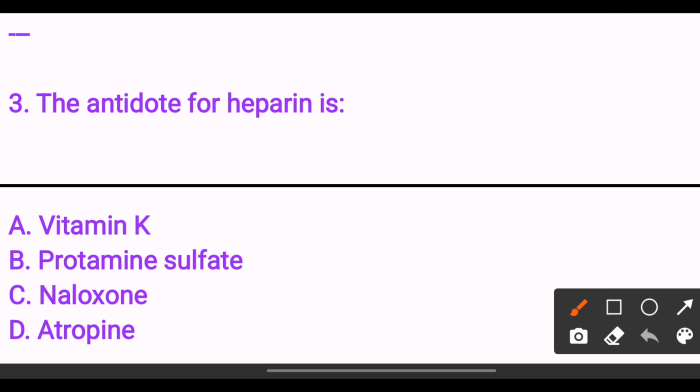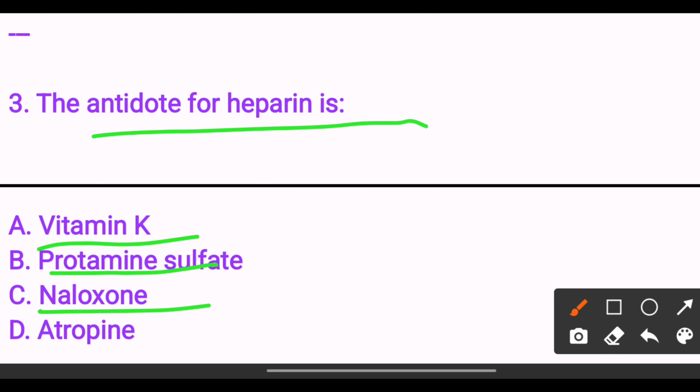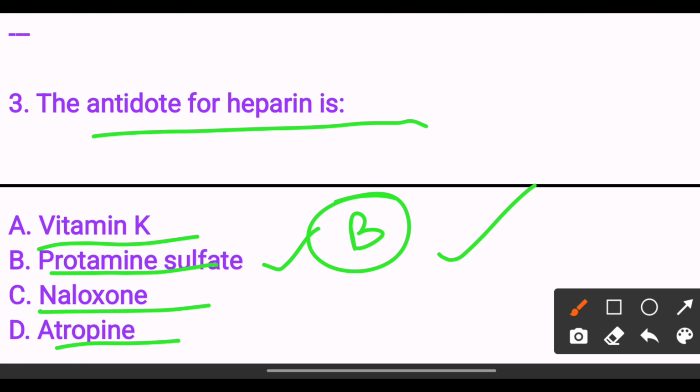the antidote for heparin is: option A vitamin K, option B protamine sulfate, option C naloxone, option D atropine. The answer is option B, protamine sulfate. Protamine neutralizes heparin by forming a stable complex. So the answer is option B. Next,